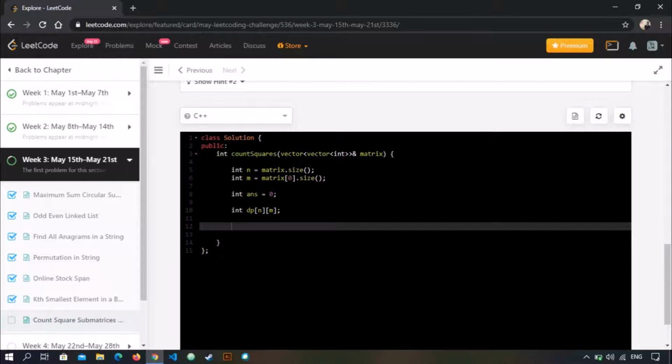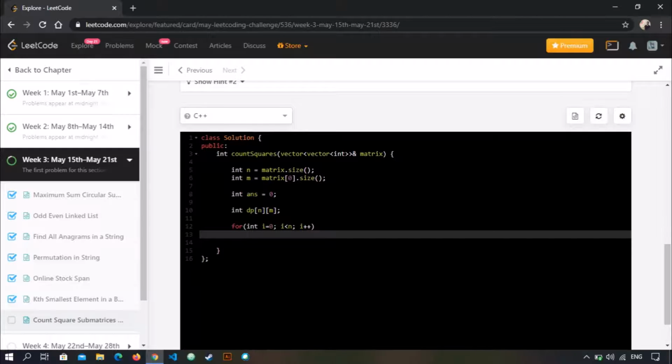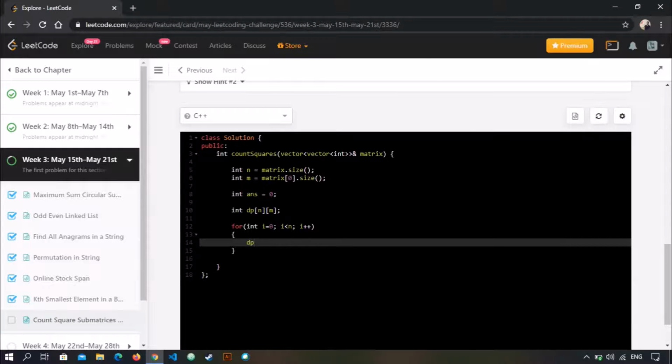Or you can simply eliminate this step of creating a new matrix. We can simply update the given input matrix, but here we are going to use a new matrix. So for i from 0, dp of i comma 0 will be matrix of i, 0.